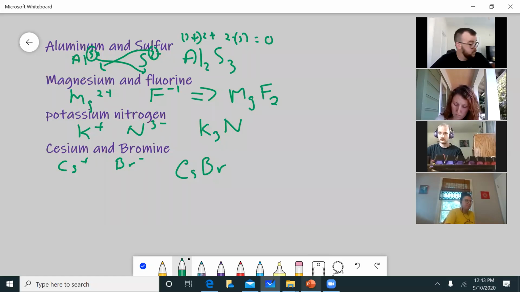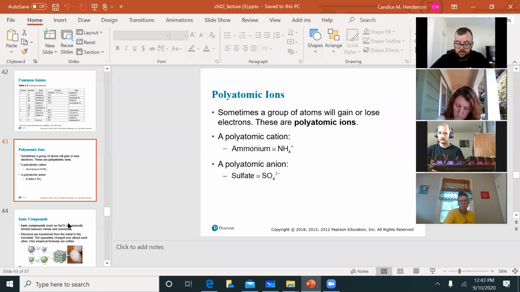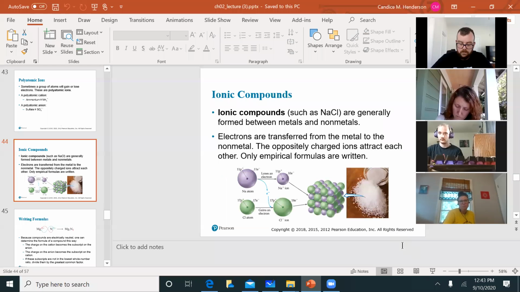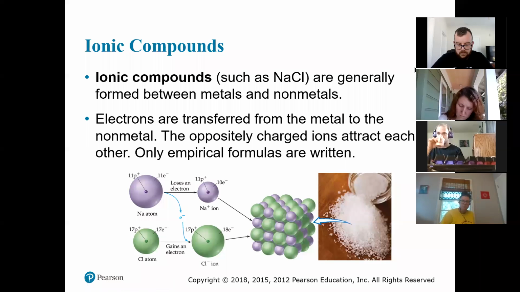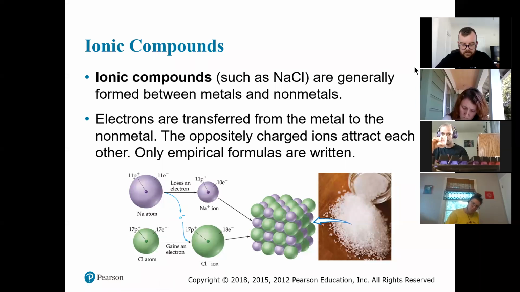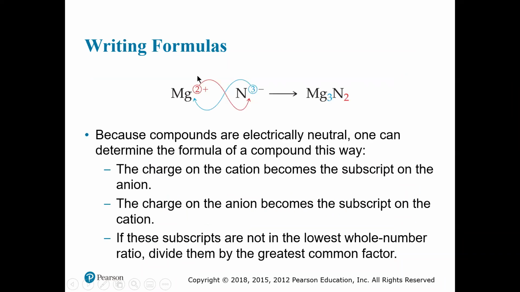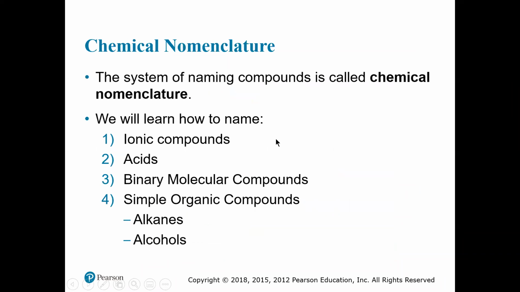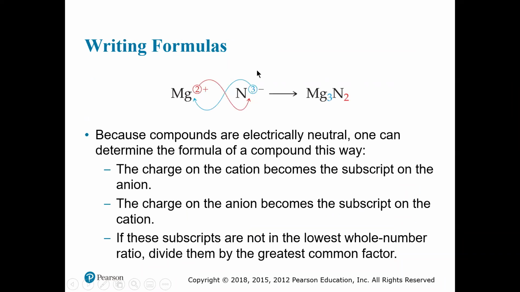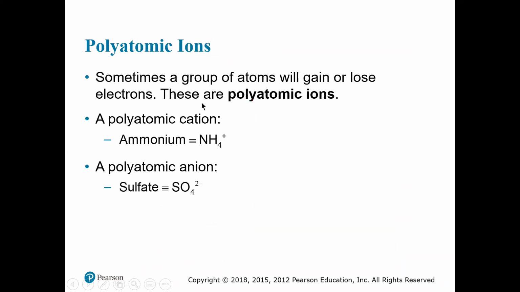So hopping back over to the PowerPoint here. Okay, so an ionic compound is when we've got a metal combined with a non-metal. We flip-flop to get our formula. You know what? Let's do this with polyatomic ions as well, since we're here. Okay, so look at sulfate. Sulfate is SO4 2-. So we'll go back over